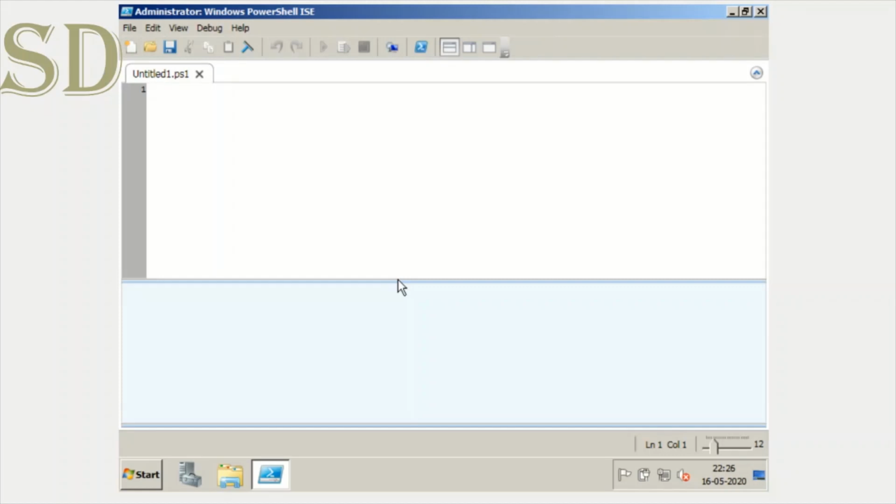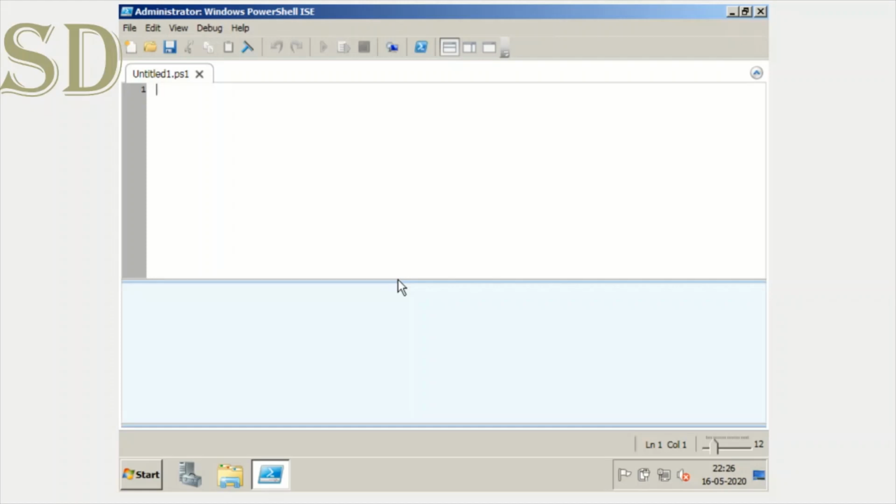There are a lot of features of PowerShell. You can automate processes, you can automate task scheduling, you can automate the server, you can automate the user accounts, you can automate the groups. Everything you want to do in a server, in a simpler and reasonable way, you can do it with PowerShell. So there is a lot more to come, so keep watching this channel.